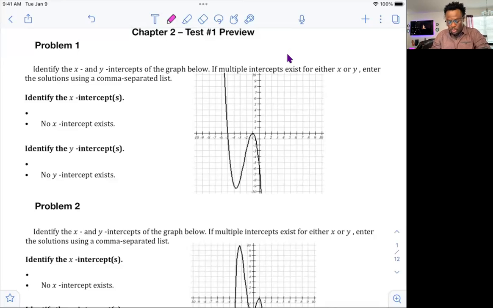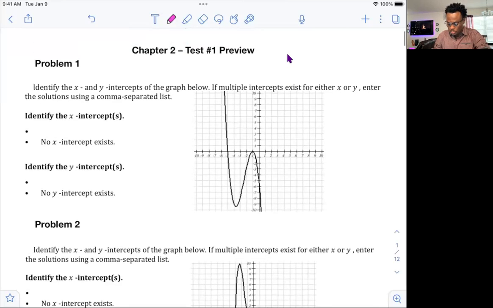Okay, hello everyone. This is the chapter 2, test 1 preview. First problem here is a graph is given to you, and then you're gonna need to find the intercepts of this graph. So the intercepts are where the graph either touches the x-axis or the y-axis, but we usually have